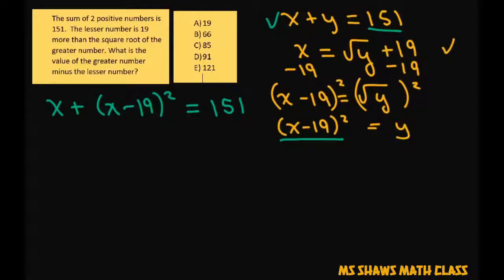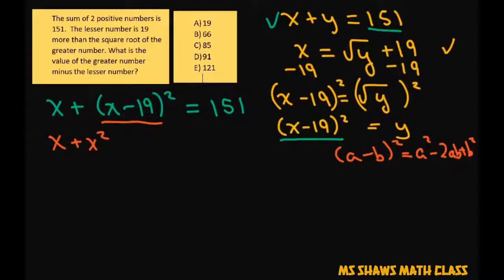So I'm going to take care of this part, knowing that this follows the form a minus b squared equals a squared minus 2ab plus b squared. So taking care of that, we have x plus x squared minus 2 times 19 is 38 times your x, and then 19 squared is 361. So that's plus 361